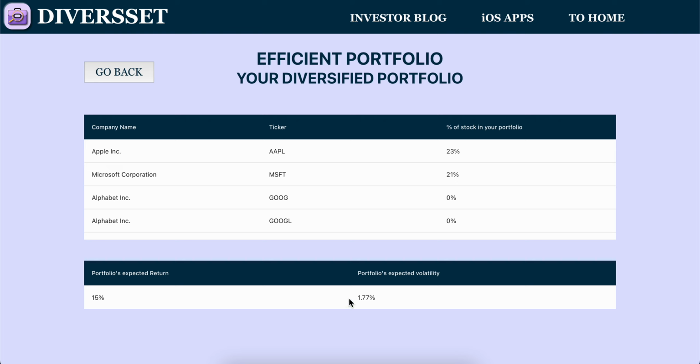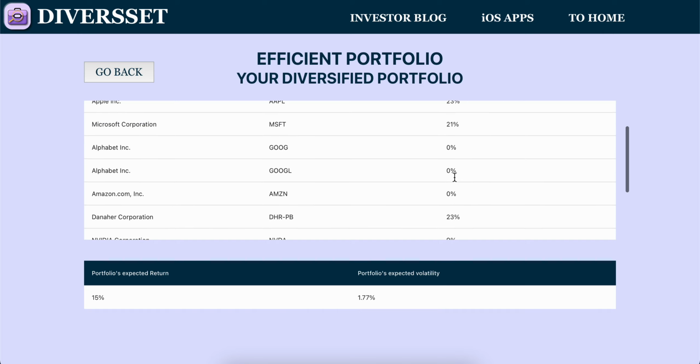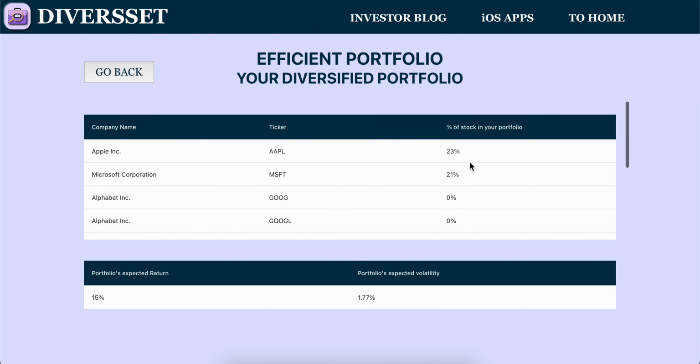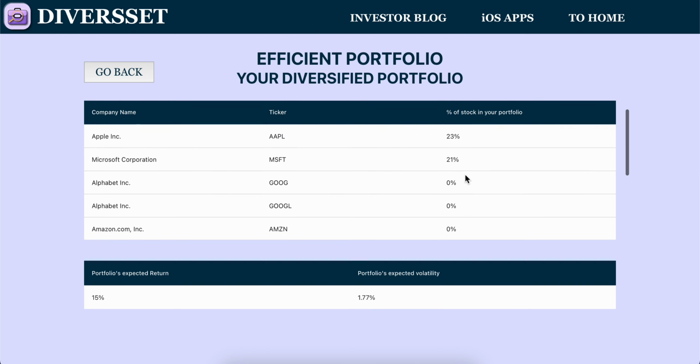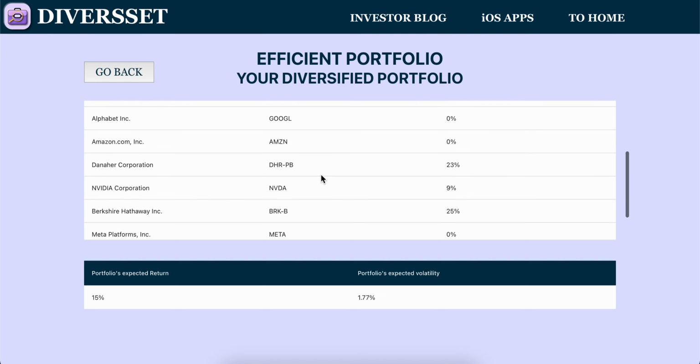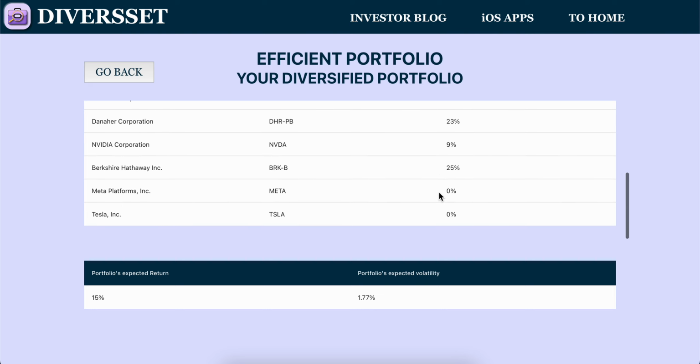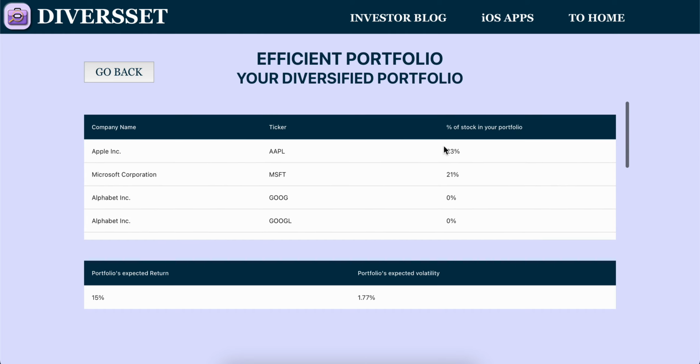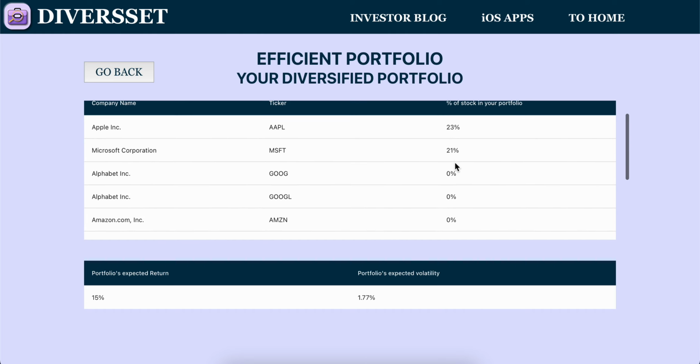says that the minimum risk would be 1.77 if you distribute the stock weights in these proportions. For example, if you invest 23% in Apple stock, 21% in the Microsoft stock, 23% in this company, Danaher Corporation, Nvidia Corporation, Berkshire Hathaway, 25%, and the app distributes asset allocation it's called, so that your portfolio's volatility